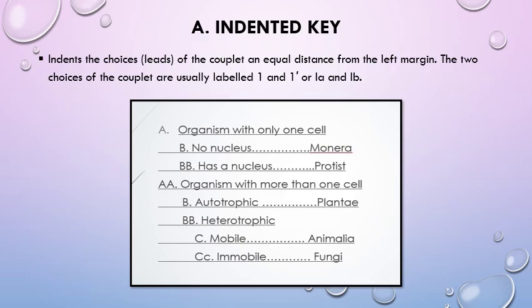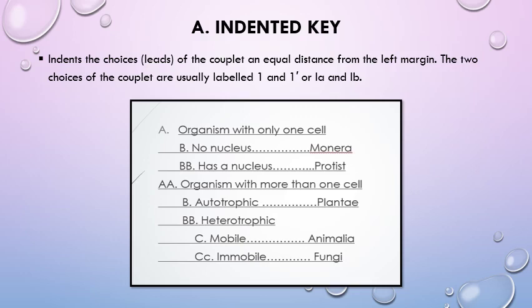The very first couplet which we have is that organism is on A, that is organism with only one cell, and the second statement of this couplet is on double A, that is organism with more than one cell. So at A we have divided it into two more categories, that is B and double B. B is no nucleus and double B has a nucleus. If no nucleus, then it will be from kingdom Monera, and if there is nucleus, then it will be from